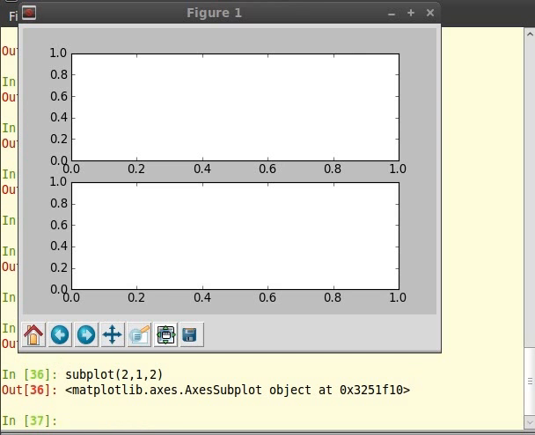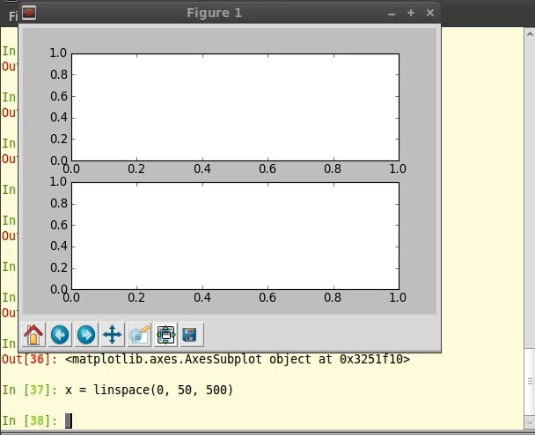The lower subplot is created now. So we can draw subplots in each of the subplot areas using the plot command. You can type on the terminal x is equal to linspace within brackets 0, 50, 500, then plot within brackets x, cos x,